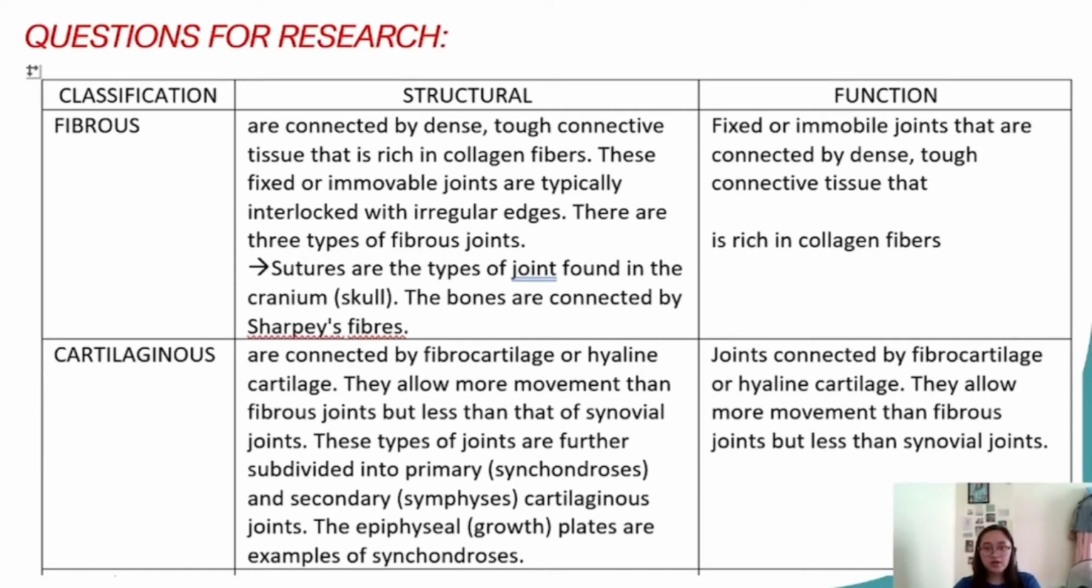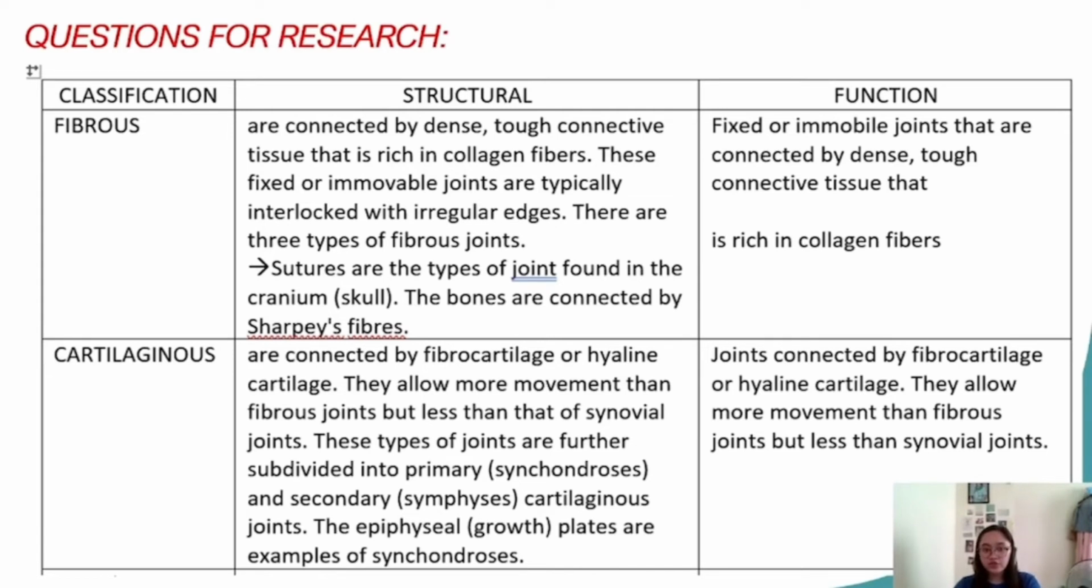Fibrous joints are connected by dense, tough connective tissue that is rich in collagen fibers. These fixed or immovable joints are typically interlocked with irregular edges, and there are three types of fibrous joints. Sutures are the type of joints found in the cranium skull. The bones are connected by short fibers, while the cartilaginous joints are connected by fibrocartilage or hyaline cartilage,